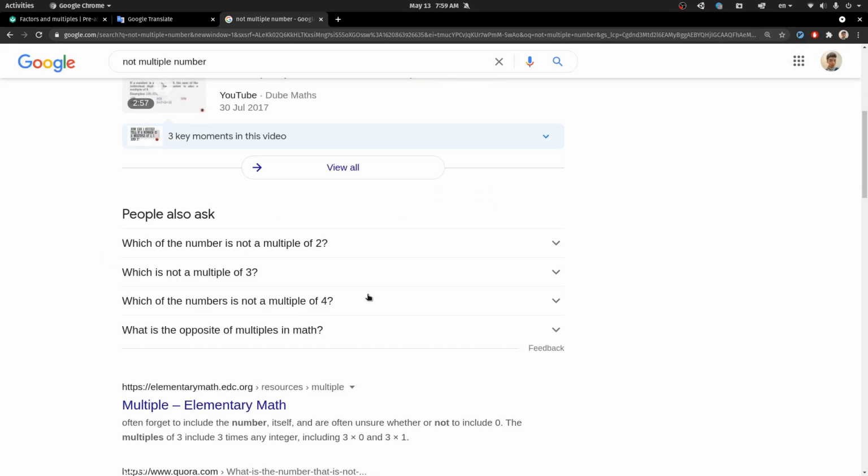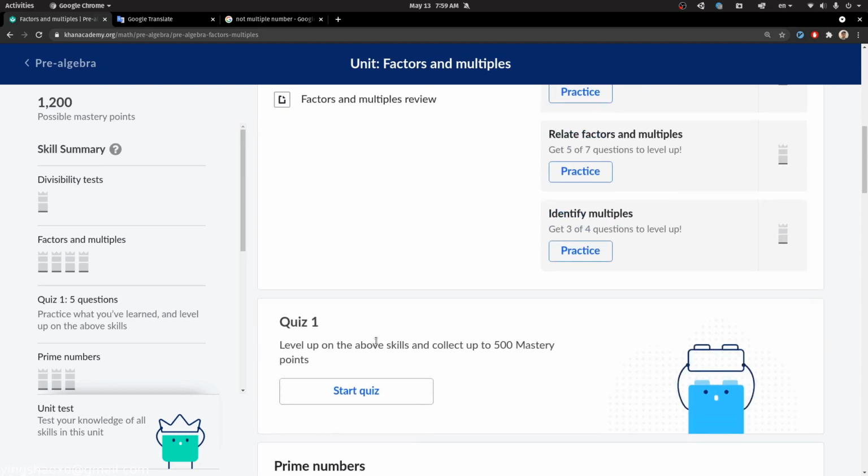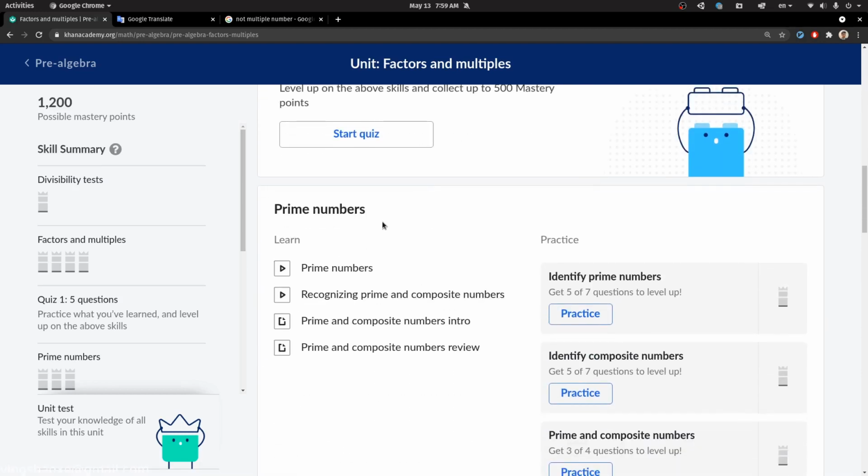Okay, from the search result, we could at least know. Normally, we would say, is the number a multiple of 2, or is this number a multiple of 3, or something like that. So we will actually specify a specific number for this one. So in the end, how can we do that check? We just divide that number by 3 or by 2 and see if we get a remainder or not. If we don't get a remainder, that's a multiple, and that's it. If you still do not understand that, go and check your